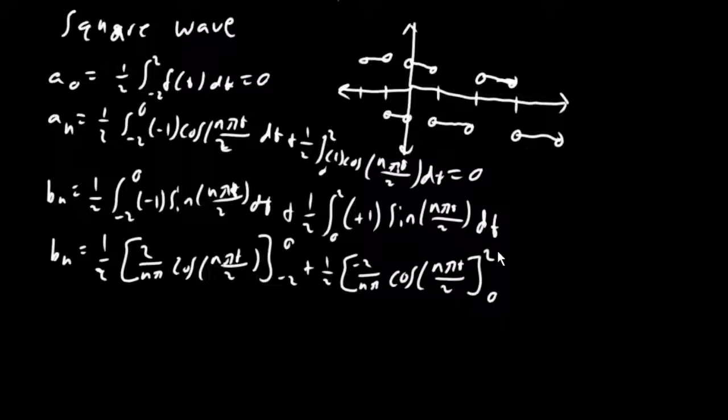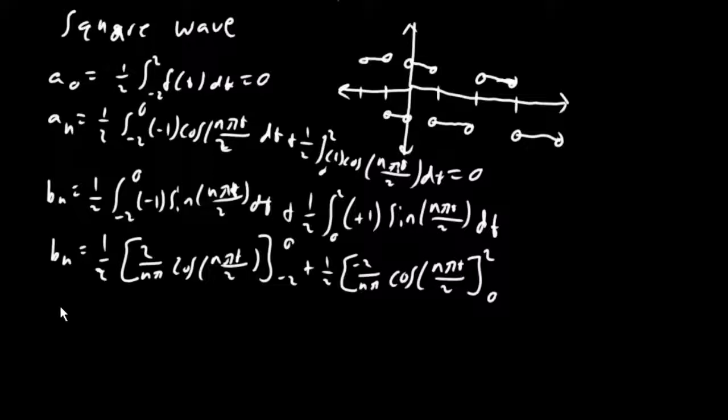And so let's think to ourselves, when we're plugging these boundary conditions, what's cosine of n pi? Well, cosine of pi is -1. Cosine of 2 pi is 1. Cosine of 3 pi is -1. And since we know that n is only going to have integer values because this is a series, we can just say cosine of n pi is -1 to the n. And so that's going to leave us with 2 over n pi times 1 minus -1 to the n, and same for this side. And so once we evaluate that, we're going to find